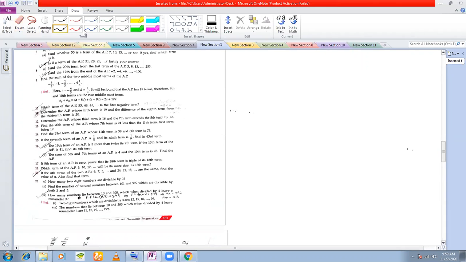Number 14. Number 14 here: find the 31st term of the AP whose 11th term is 38 and 6th term is 73. So you need to find out the